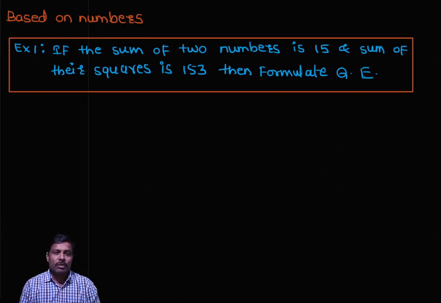Then formulate the quadratic equation. Now my brain is thinking how to attempt, how to write, how to think of the solution of this problem. But the example itself gives the information about two numbers, and that's why I am considering the first number is x and the second number is y. So let us write, let